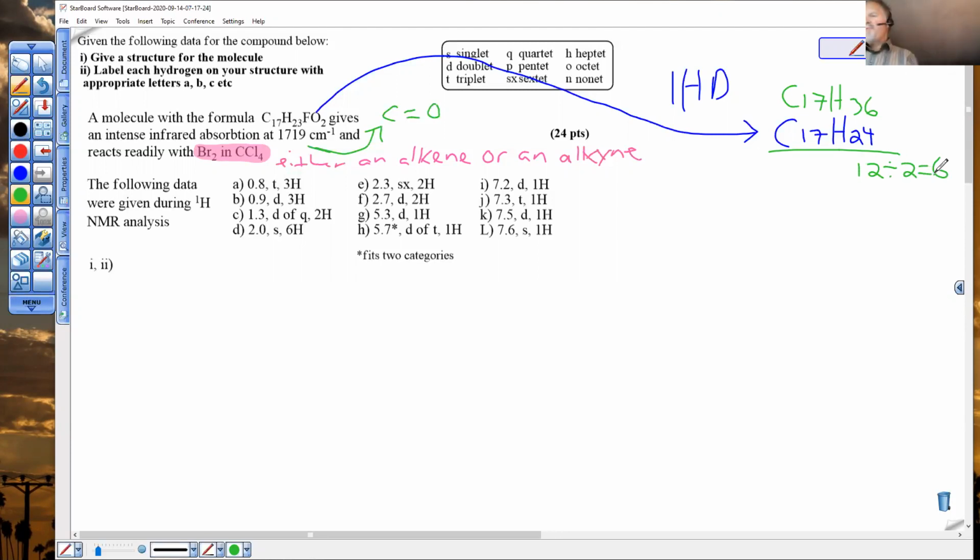We already have 2 of these IHD items accounted for. We have the pi bond in a carbonyl, and we either have the pi bond of an alkene, which would give an IHD of 2, or an alkyne, which by itself has 2 pi bonds, which would increase this number to 3. So we'll narrow this possibility down in like 15 seconds, because